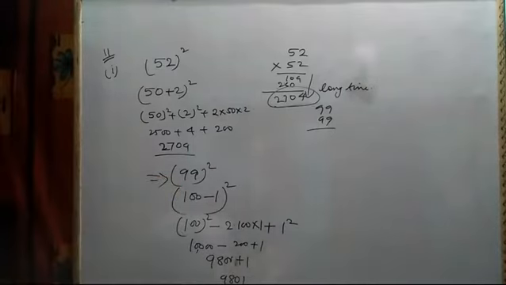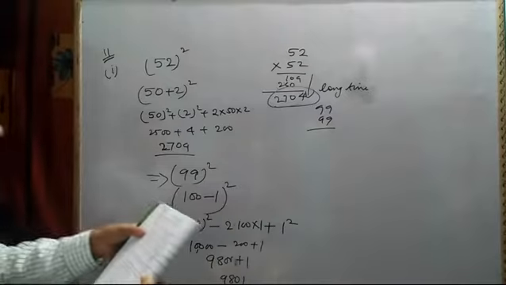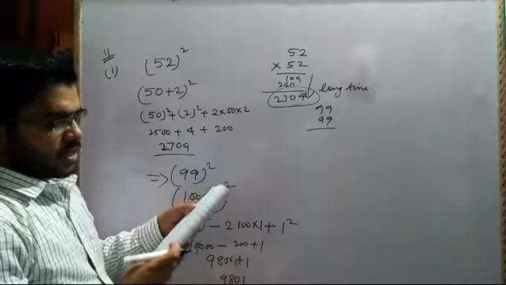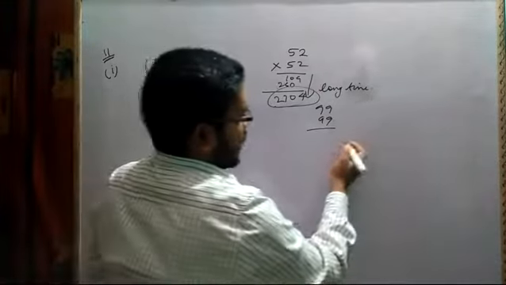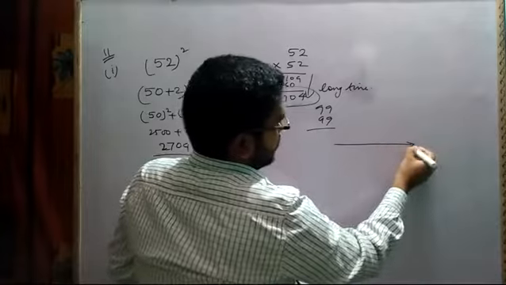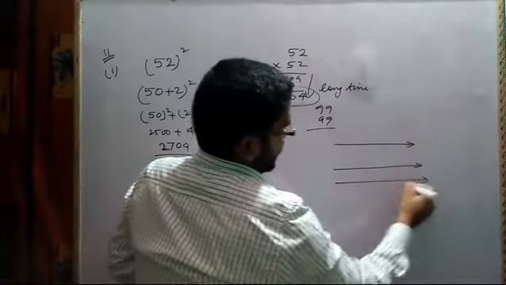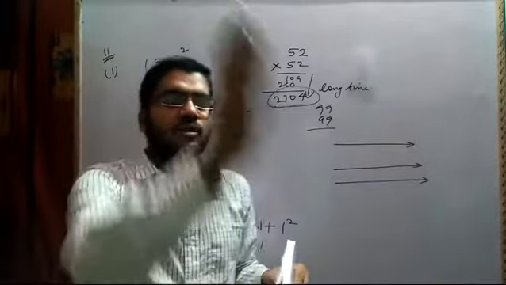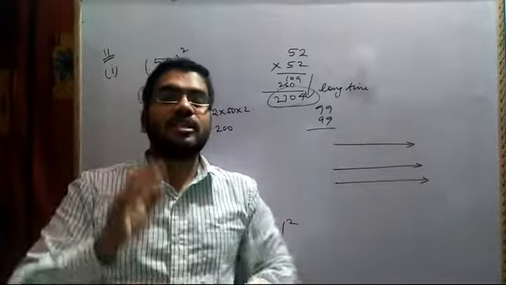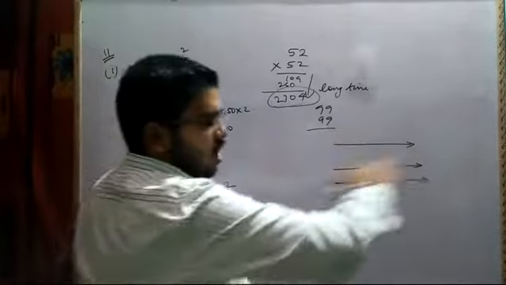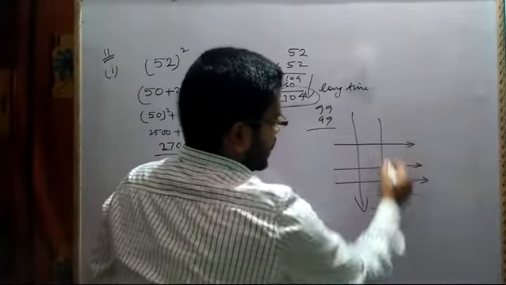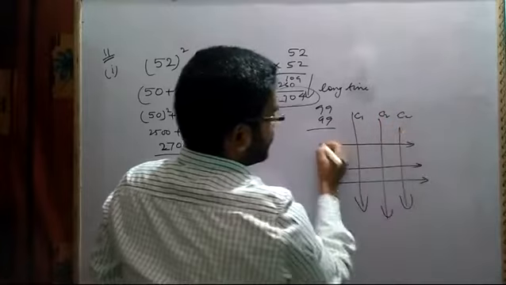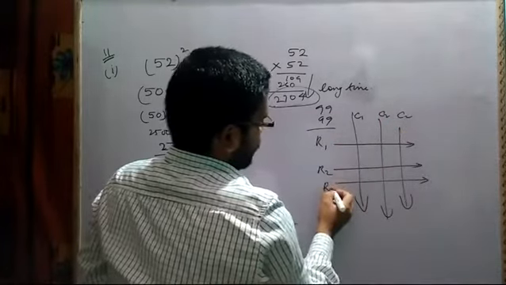Now moving on to question number 13. In an auditorium, the number of rows is equal to the number of chairs in each row. First of all, try to understand what a row is. In our classroom we say that a straight line is a row, but actually we are sitting in a column. Rows are horizontal lines, columns are vertical lines. In mathematics, columns are vertical lines, C1, C2, C3, and these are row 1, row 2 and row 3.